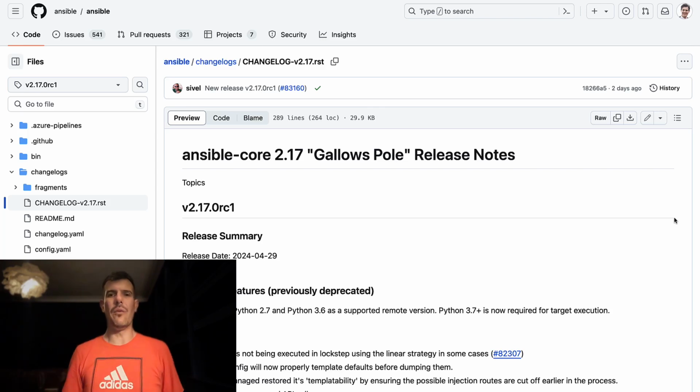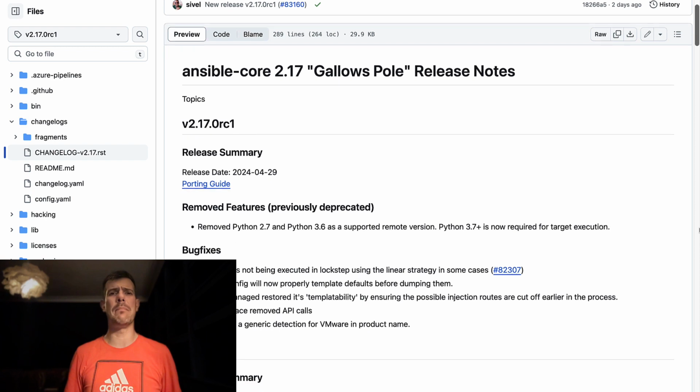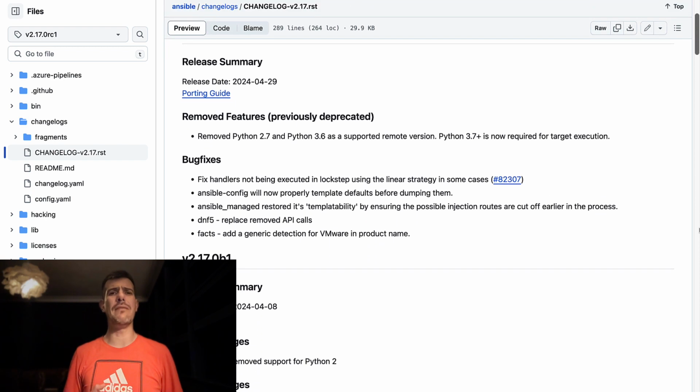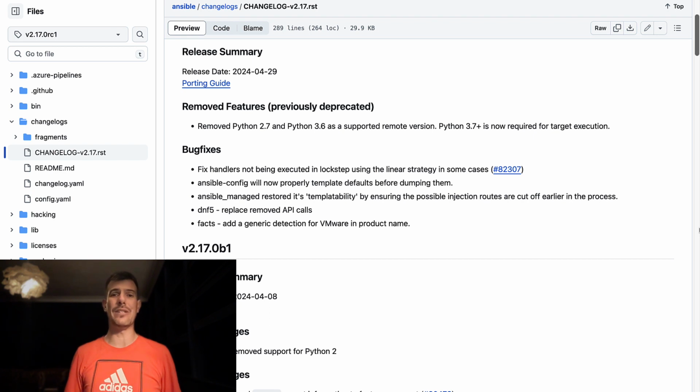In this video, we present the latest release of Ansible, version 2.17, codenamed Gallows. By the end of this video, you will learn exactly what new features and enhancements have been packed into this release, fundamental for the coming version of Ansible automation platform, how the removal of outdated components can benefit your automation